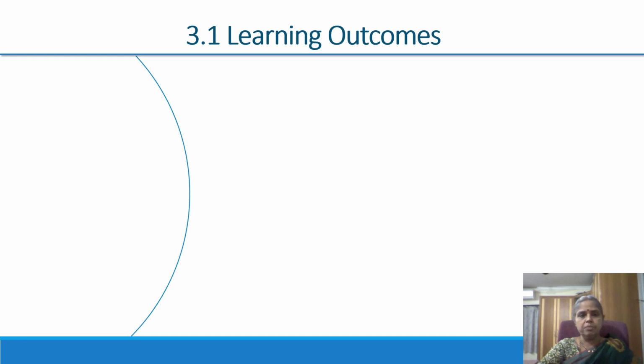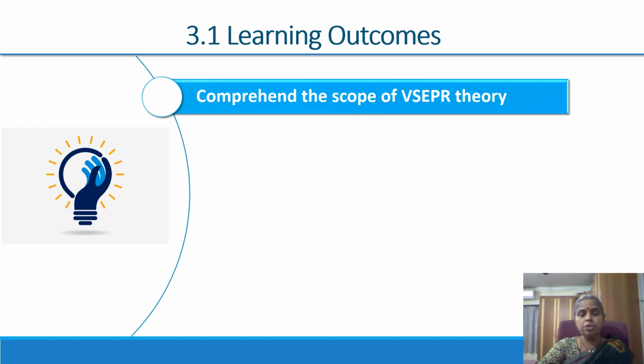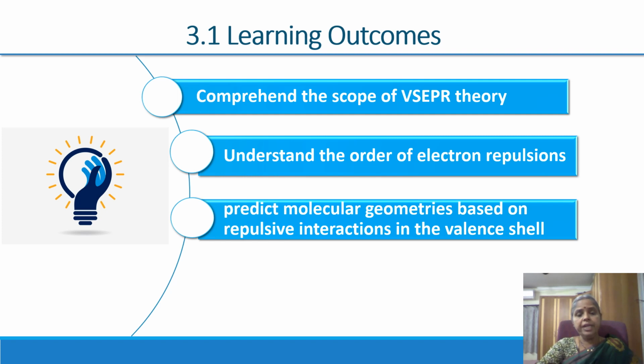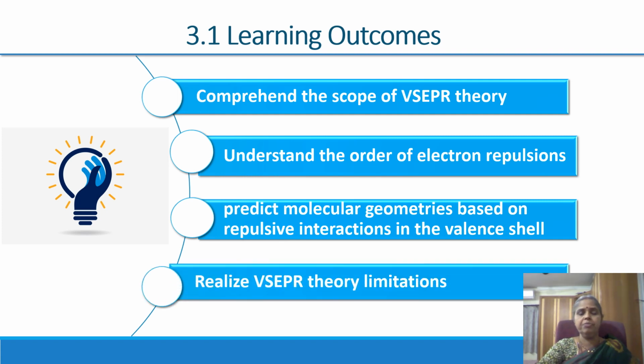Learning outcomes. By the end of this chapter, the learner would be able to comprehend the scope of VSEPR theory, understand the order of electron repulsions, predict molecular geometries based on repulsive interactions in the valence shell of the central atom, and also realize VSEPR theory limitations. So, the expected outcomes from this chapter are: you will know the scope of VSEPR theory,